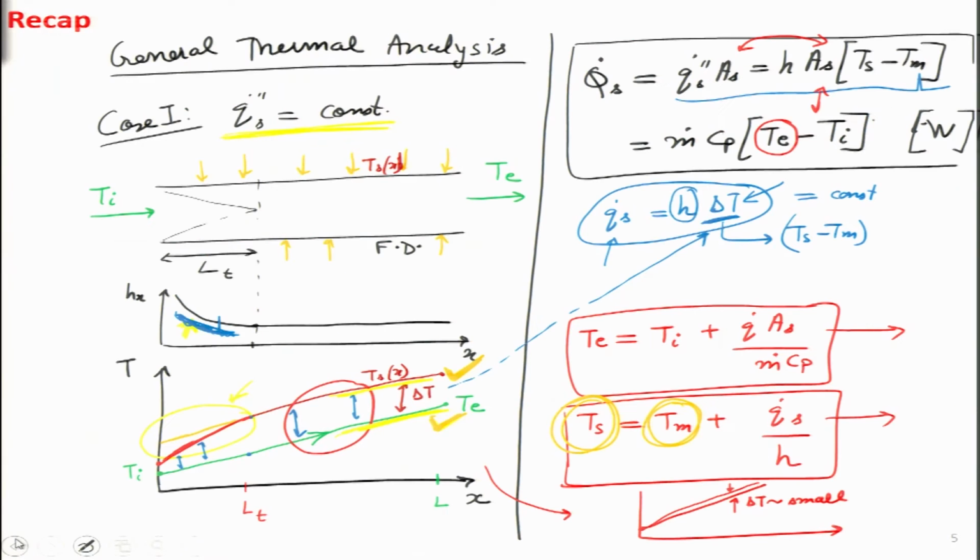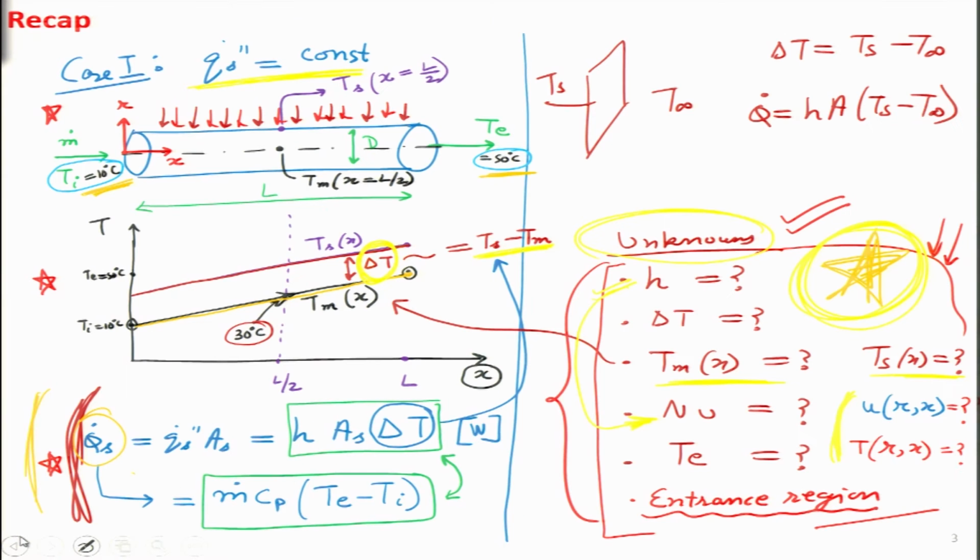So, these concepts have helped us understand all the things related to forced convection in internal flows. Now, we will go and answer all those unknowns that we had talked about in the last few lectures, and we want to find out in particular what will be the temperature and velocity profile inside the pipe. So, we will start with the simplest case, which is the laminar flow. So, let us go ahead and try and do it for laminar flow.